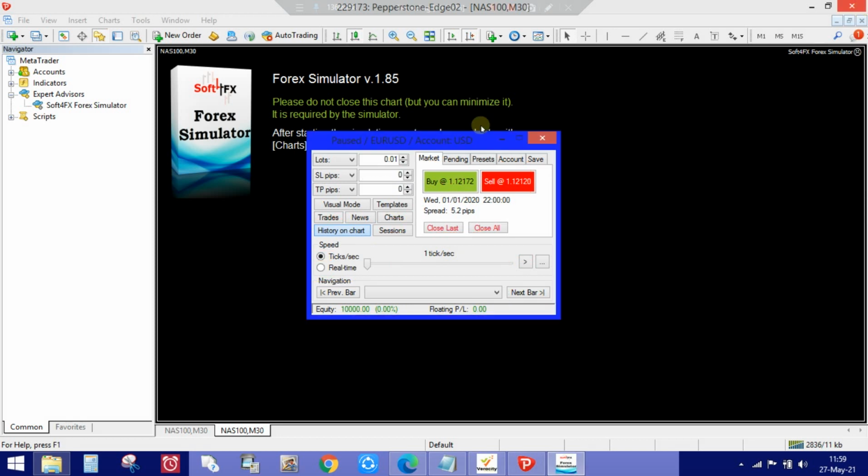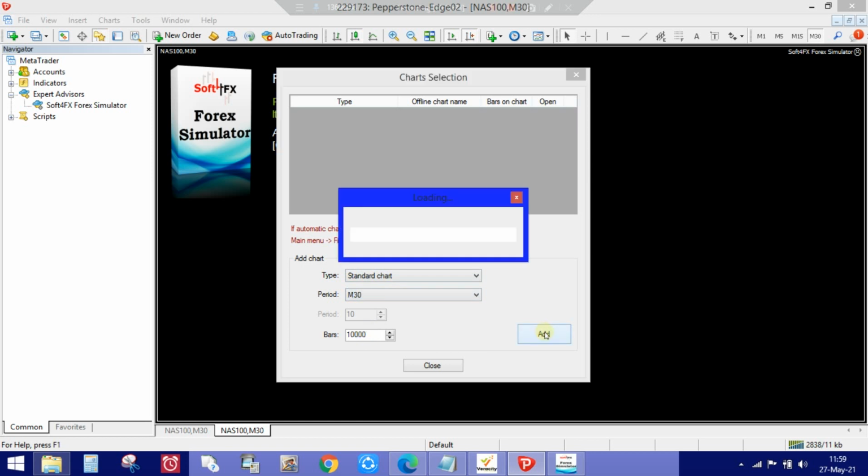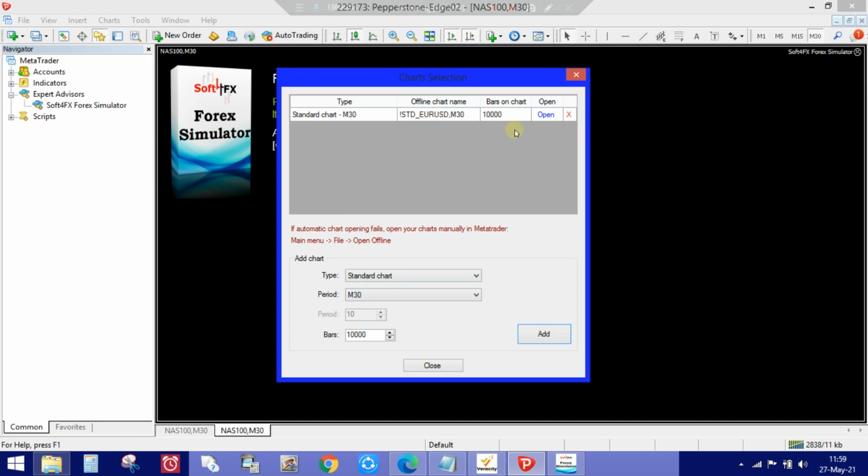Okay, so let's just set it up. I want to go to charts, and here keep it at standard. Don't click on those other ones, keep it standard. And the period for this example will be M30, then click add, and it will load up somewhere here. So as you can see, the chart is not yet open, and to open it you click on this open,